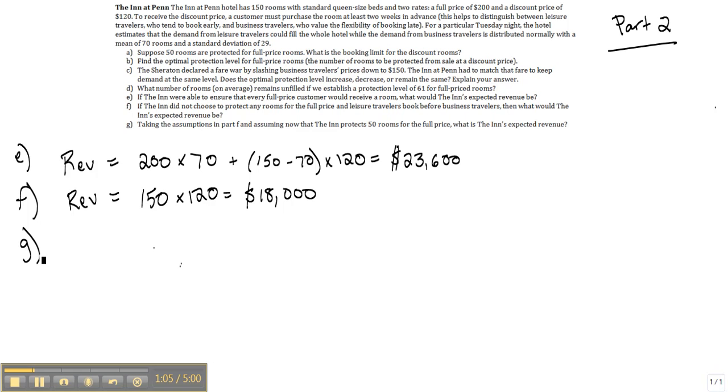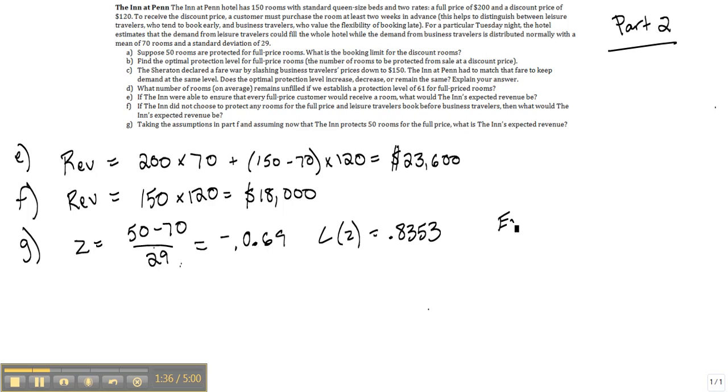Finally, for part G, if we protect 50 rooms, to determine the expected revenue, we'll first have to determine the number of expected lost sales. So we'll do this by calculating a z-value of 50 minus 70 all over 29. That corresponds to a z of negative 0.69. If we look this value up in a standard normal loss table, we get an L of z that's equal to